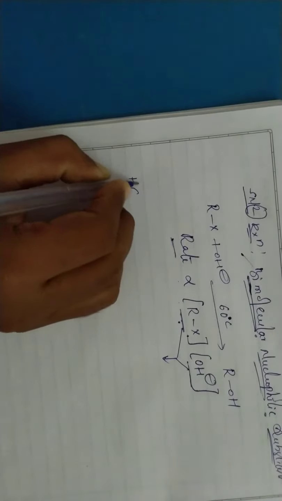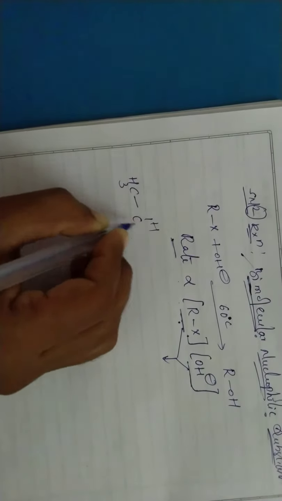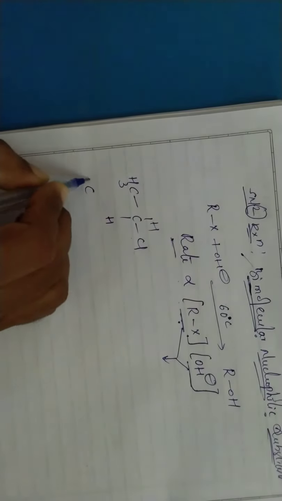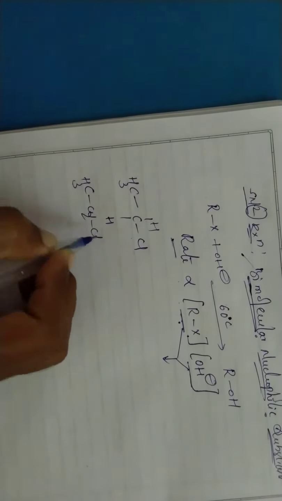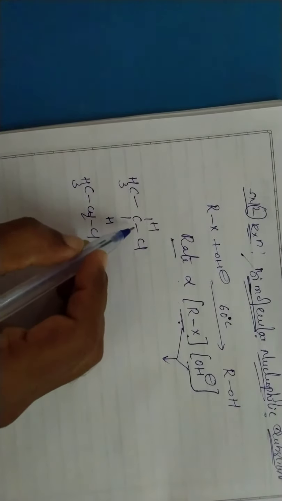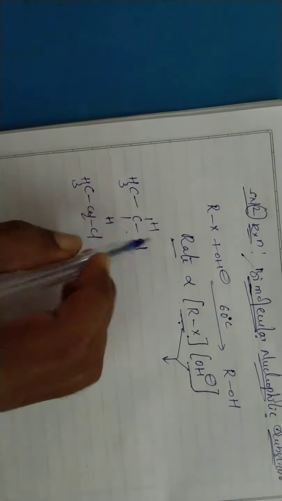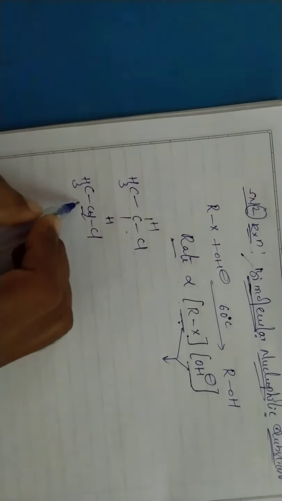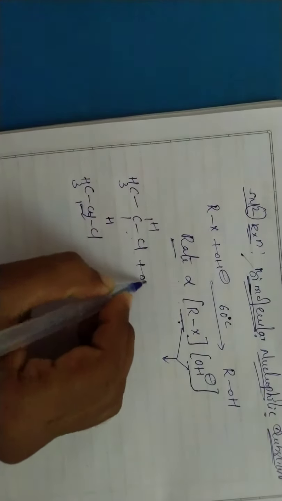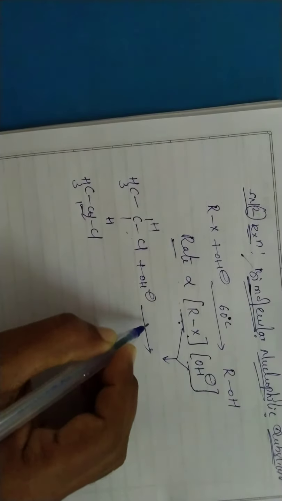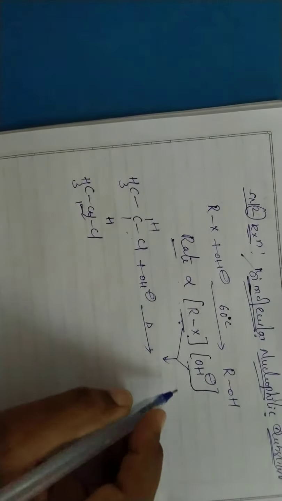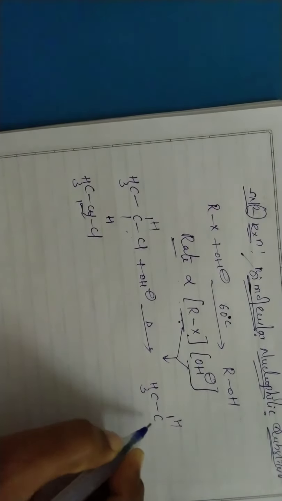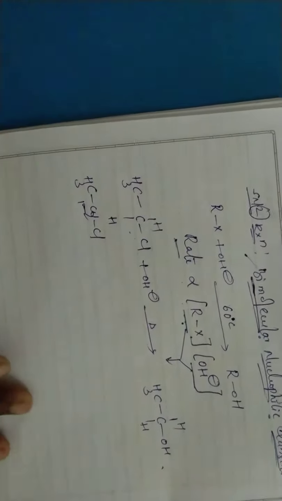Primary alkyl halide means I am taking here CH3, H and Cl. So HH is nothing but it is CH3, CH2, Cl only. But sometimes in textbooks it may be given like that, so hydrogens only, there is no carbon. It is CH2, which is a primary carbon only. So this primary carbon is undergoing reaction in presence of some temperature. So what happened? So we are getting here CH3, H and H. Let's see the mechanism.